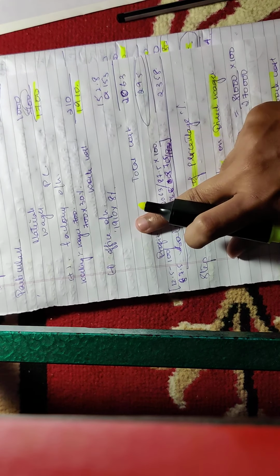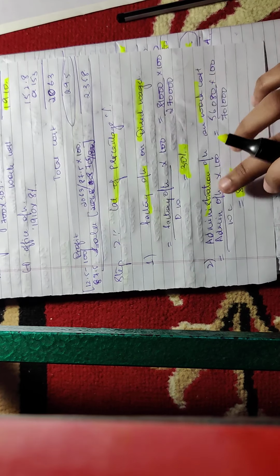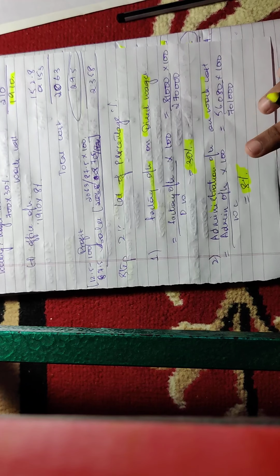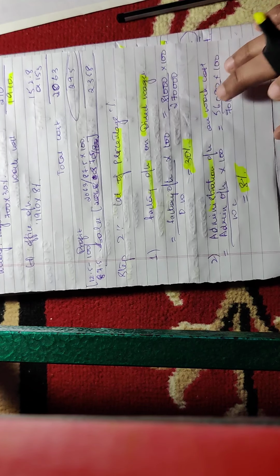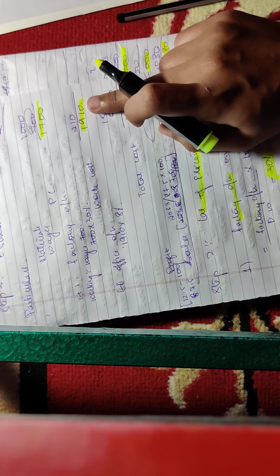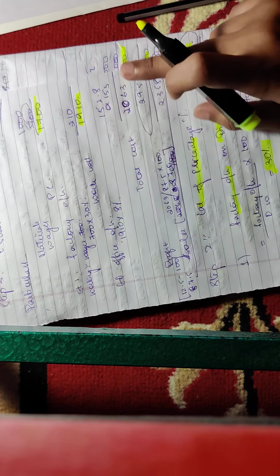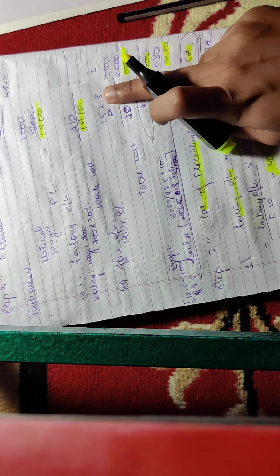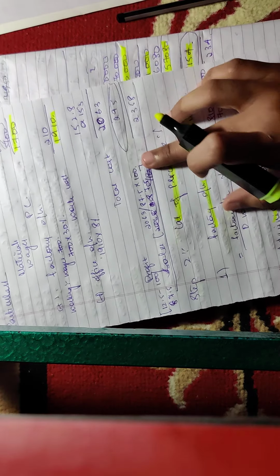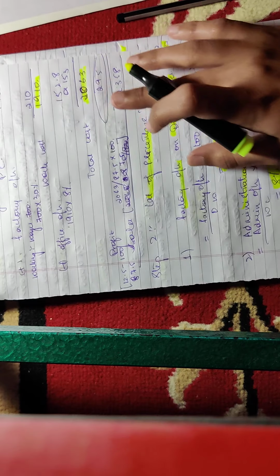After which you will take your office overhead. Now what is office overhead? Office overhead is your 8% that we got. Administration and office overhead is 8% on the works cost. Now what is the amount of works cost? It is 1910. 1910 into 8% will give you 152.8, or if you round off, you will get 153. After which you will arrive at your total cost. You will take the total and arrive at the total cost.